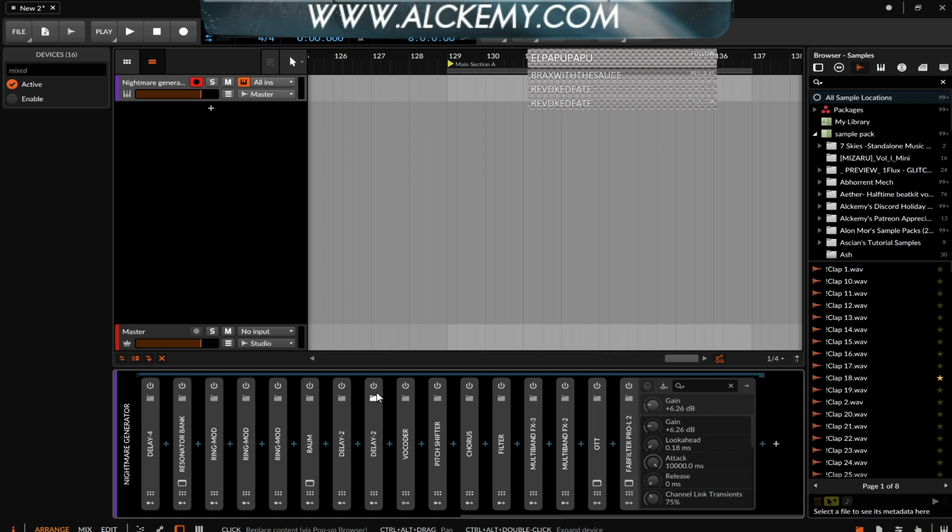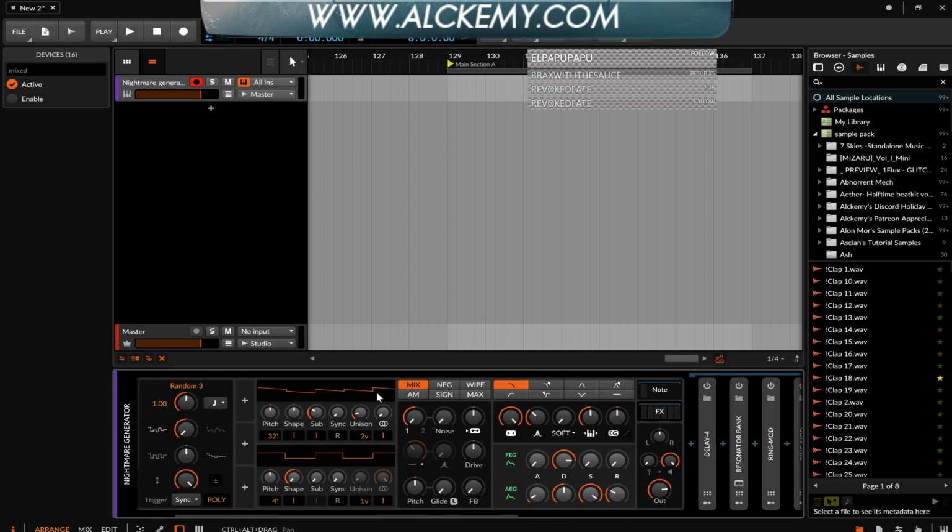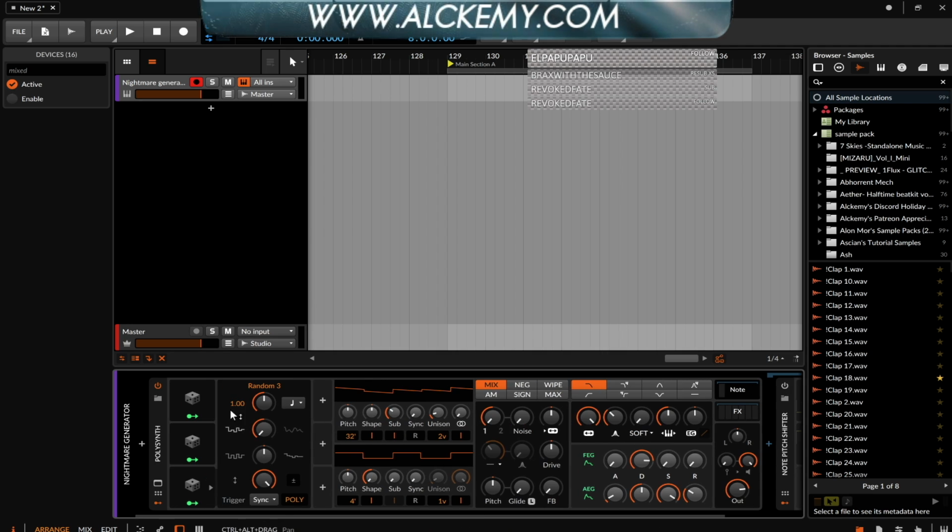For the most part, everything within this are first-party plugins except for ROM and FabFilter Pro 2. That's just because Bitwig's limiter isn't that great, and ROM was free if you caught it. If not, you can just use a regular reverb. It doesn't really matter. So with all that out of the way, let's go ahead and talk about how to make this patch work. The first thing that you're going to want to do is grab yourself a Polysense,